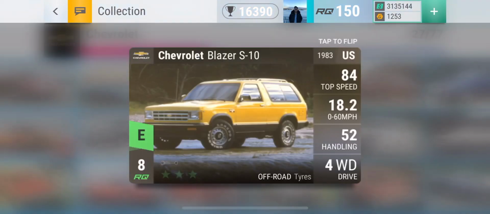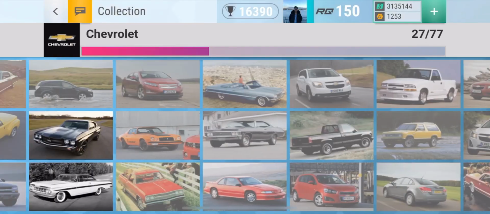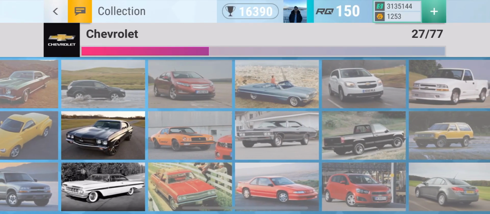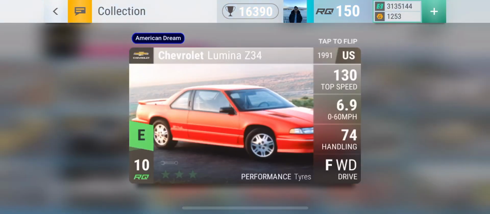Some highlights I would say would be the Blazer S10, just because it has off-road tires, and there are not a lot of uncommon cars with off-road tires. But besides that, it's just a weak car. It just has really good tires. Two really good uncommon Chevys that I do recommend you to keep if you do get them would be the Chevy